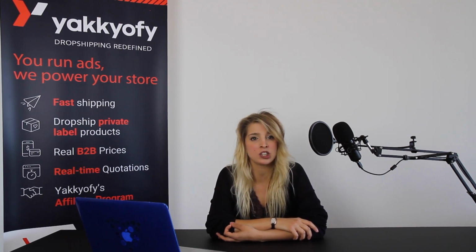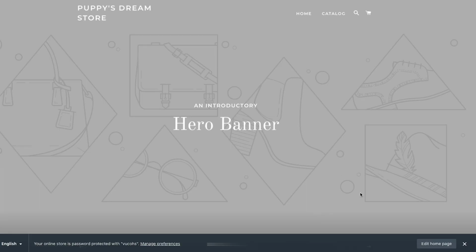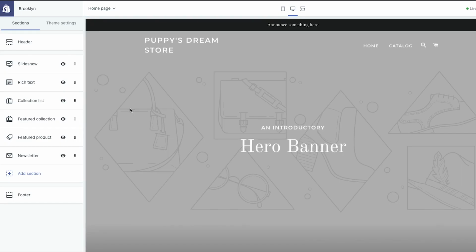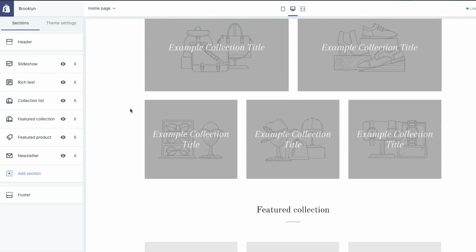Now that the template has been installed, Shopify will give you the option to go to your theme manager and manage edits to your theme. So click the online store, click on Edit Homepage and start to upload some beautiful pictures and title. In a few minutes, you already have built a basic store. Not bad, right? Now you only need to add the products that you are going to sell. So watch the next video to discover where to find and how to ship them to your customers.